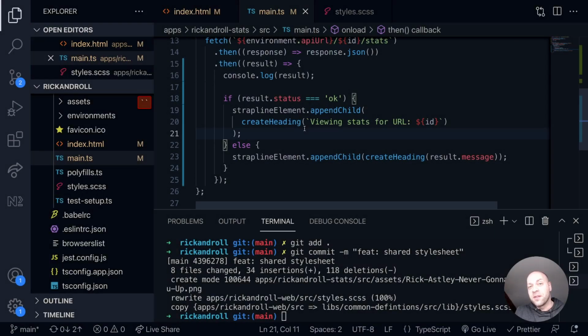So in yesterday's web dev tip, we got our stats app set up with a title. If the result from the API call is good and we've got some data, we'll put a heading onto the page just saying we're viewing the stats for a URL. But what we want to do now is actually create a table, and the redirects property that's inside of the data that's returned, we want to generate rows from that and display the accessed and location for each of those